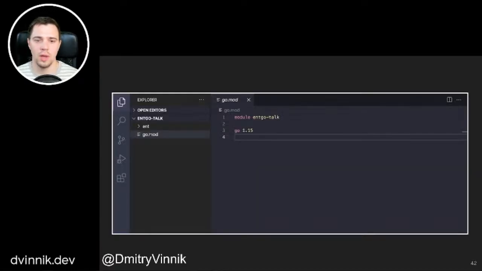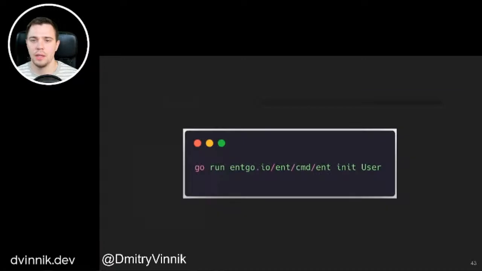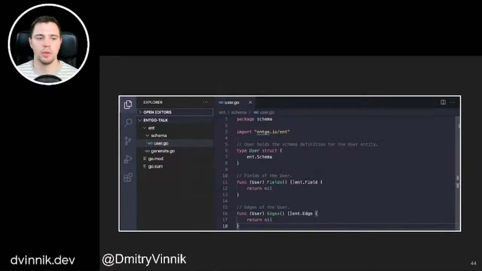And it will produce something like this. As you can see here, I have just a simple file for the project with a module name. Then if you run another operation to initialize the simplest entity, a simple file, user in this case, because that's the easiest use case I can think of, and again you can see that on the website as well, it will generate a schema for the user, with fields, just placeholders initially.